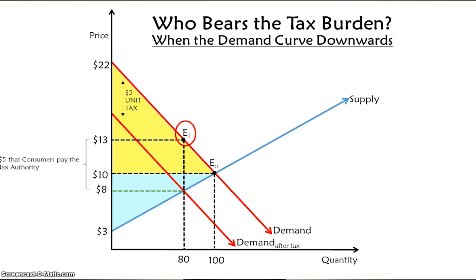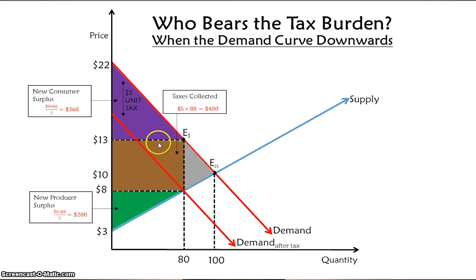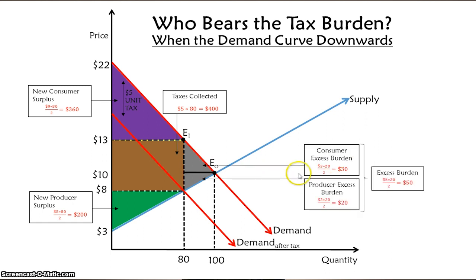The equilibrium price is $13 per shirt. This is what the consumers paid. The price received by the producers was $8 per shirt. $400 were collected in tax. The tax resulted in excess burden of $50, out of which $30 were loss of consumer surplus and $20 were loss of producer surplus. The outcome is identical to the outcome in the case illustrated in the first graph,